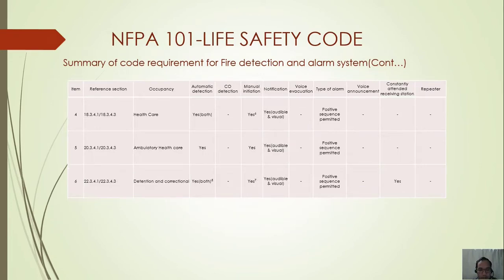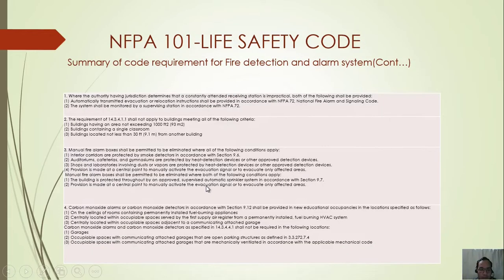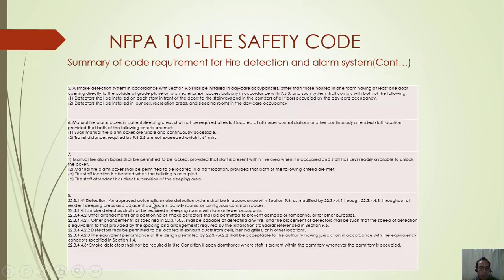For note 8, for automatic detection and supervision of sprinkler, they are both required in detection and correctional. There's also a note. Okay, let's see what's that. In detection, an approved automatic smoke detection system shall be in accordance with 9.6. Check that, guys. And this following clause, which is here. So this is where we're going to install our detector inside the correctional and